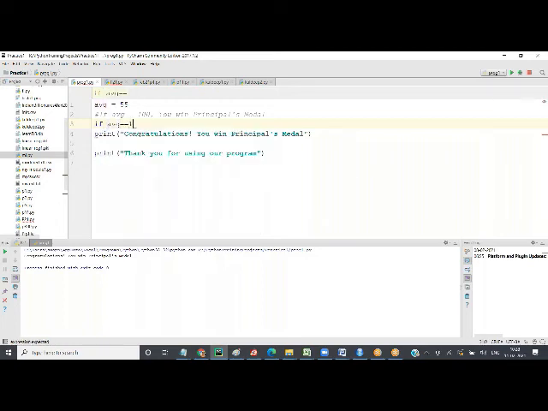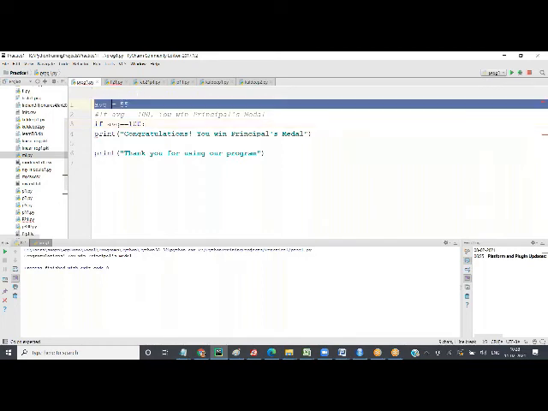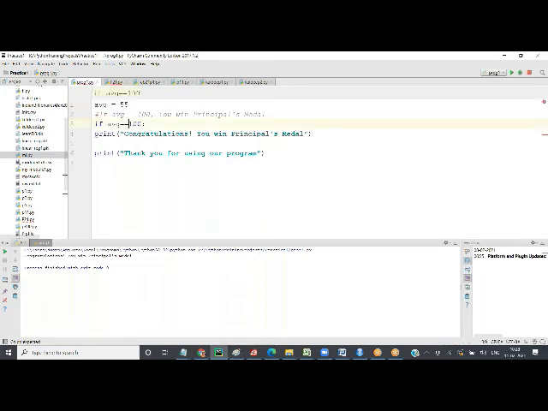Now see here, I'm using double equal to. Single equal to is to assign the value. If I say AVG equal to 100, the value of AVG becomes 100. Here, this is like checking the condition. Is AVG equal to 100?